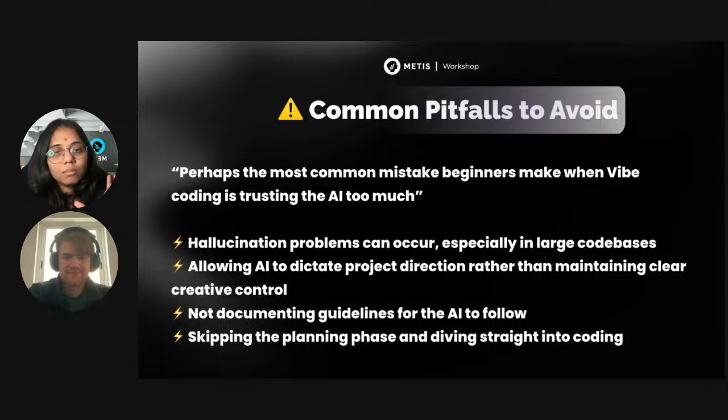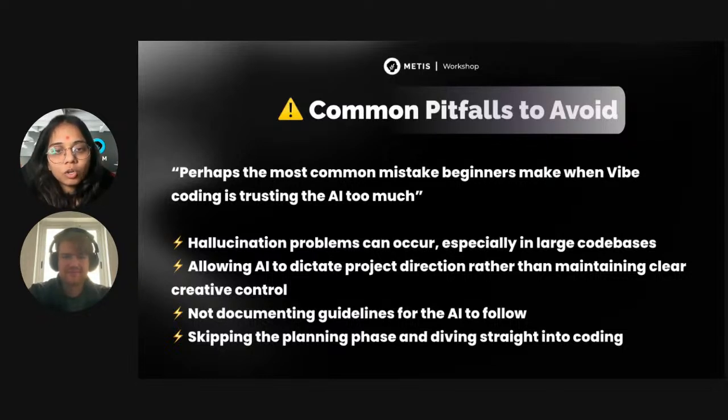Pitfall three is no planning, no prompts, no documented guidelines for the AI to follow. It's like walking into a restaurant and saying, give me food. Okay, cool, what kind? Allergies, spices, vegan? We have to mention it. We have to be very specific, especially when playing with prompts.